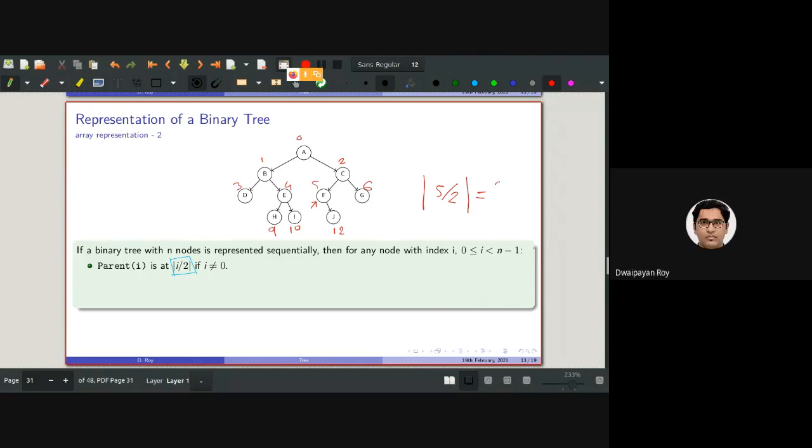Correct. But the parent of 2 in this case is not 1. You are absolutely correct. If I consider this, the parent of 2 should be 1, but it is not actually in the 1st position.